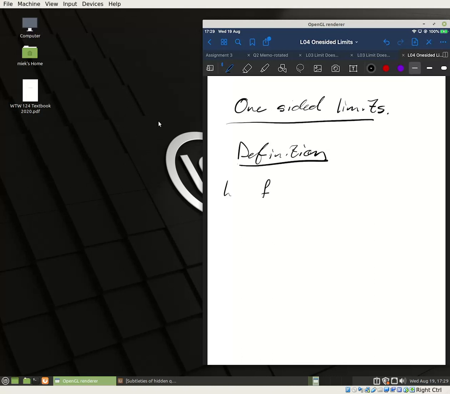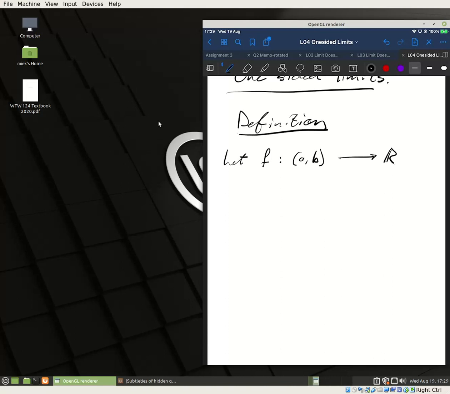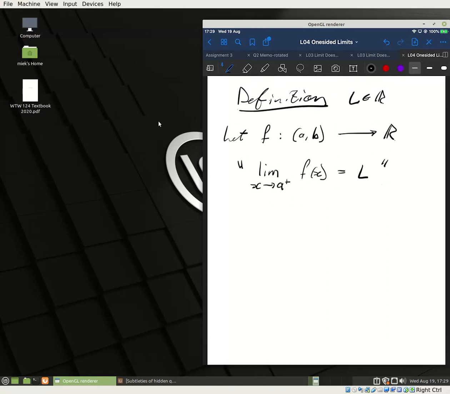So let f be some function defined on the open interval a to b to the real numbers. Then the following, the limit as x tends to a from the right, so this is how we write it, x tends to a plus, and this a plus denotes that x tends to a from the right, of f of x is equal to L, where of course L is some real number. This means,